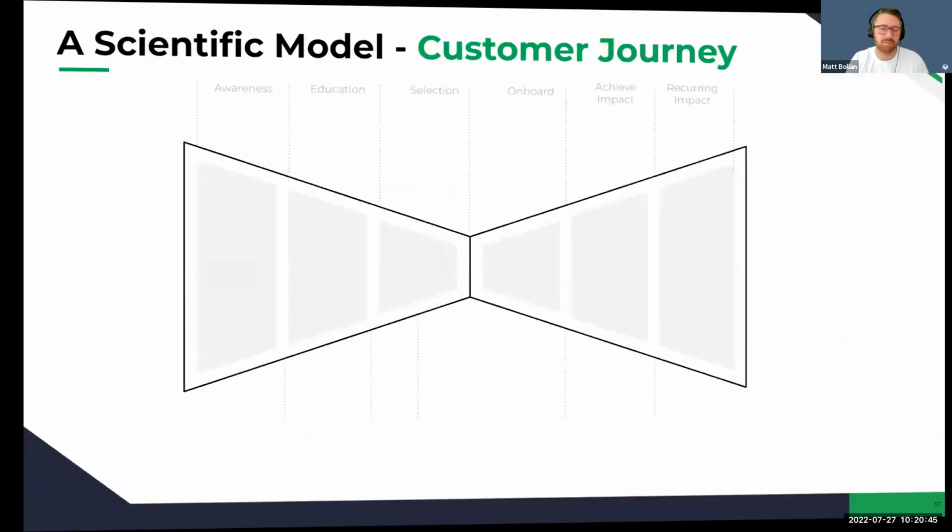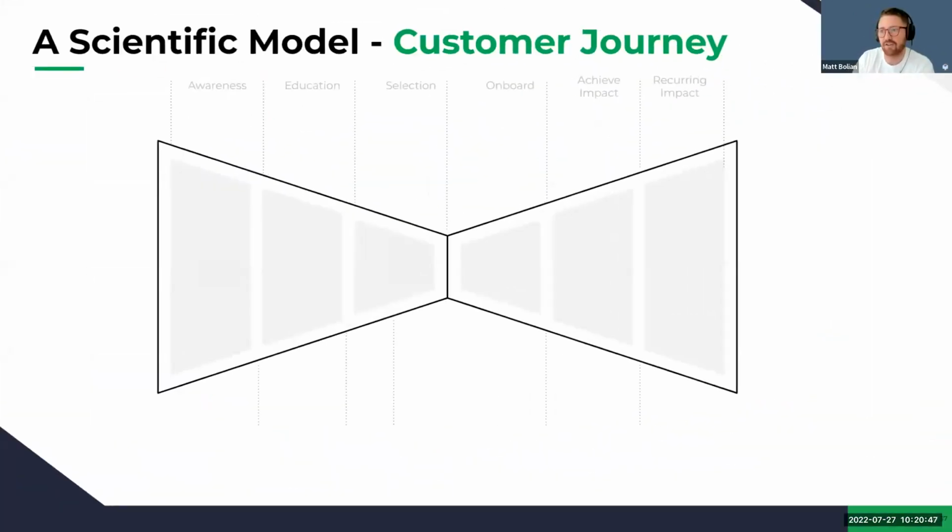Okay, I'm going to show a picture and I'm going to answer your question. Answer these questions I see here in a second. So this is a scientific model. If you're looking at it, this is the full model. And we're going to build metrics that we can look at, that we can judge and think through. So from left to right, you've seen these before, but let's put them in here. You have awareness. From awareness, then you start educating. From education, the customer's going through a selection process. From selection, we're onboarding, getting live, whatever that may be for yours. And then are achieving impact, meaning, hey, I liked working with you, the end result has been achieved.